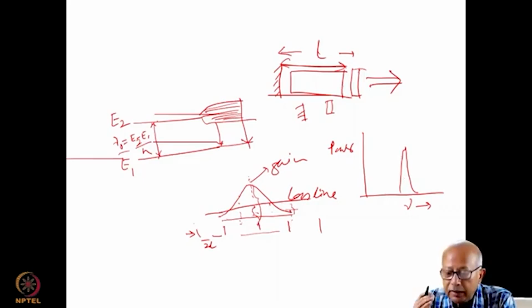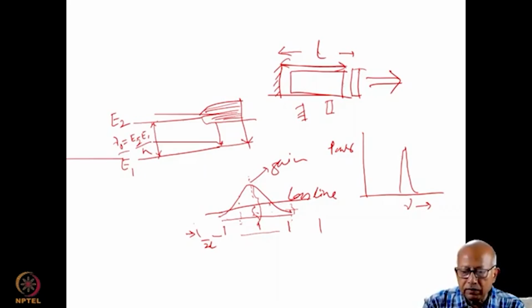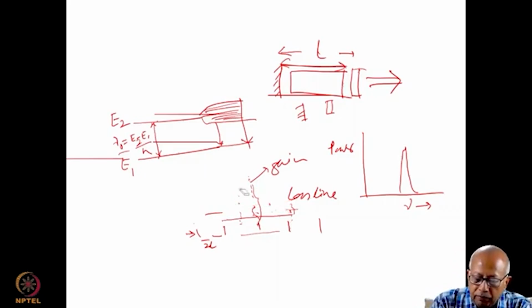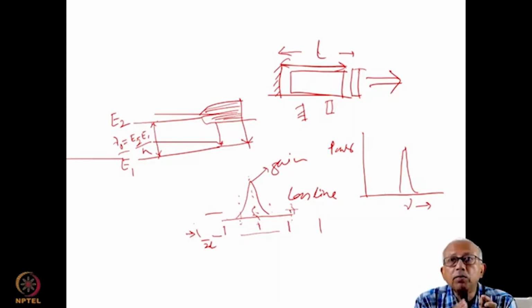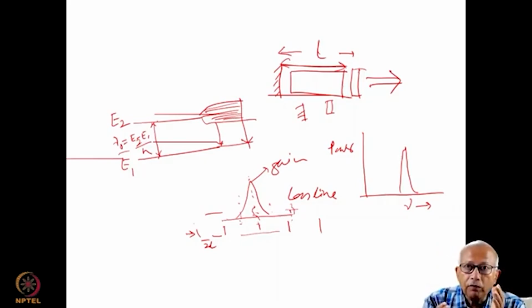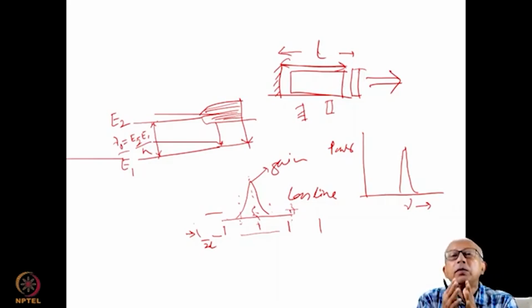However, in both these techniques, the single mode or the monochromaticity of the laser has been attained at a price, basically at the expense of the operating performance of the laser. Because you see, in the first case, we reduce the broadening of the gain. To achieve this, for example, say our laser is a gas laser. This reduction of the broadening of the gain is possible by reducing the operating pressure of the laser. If you reduce the gas pressure, then the constituent atoms of the gas will collide less frequently.